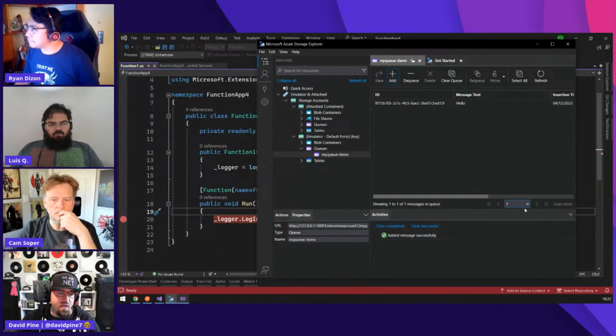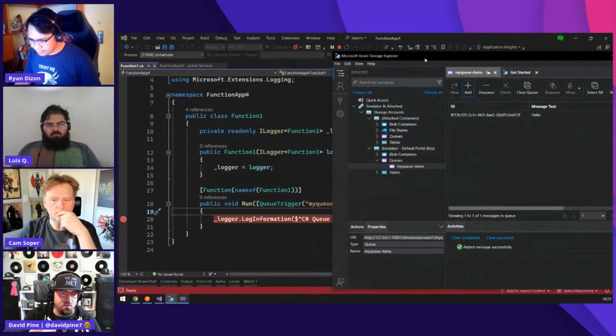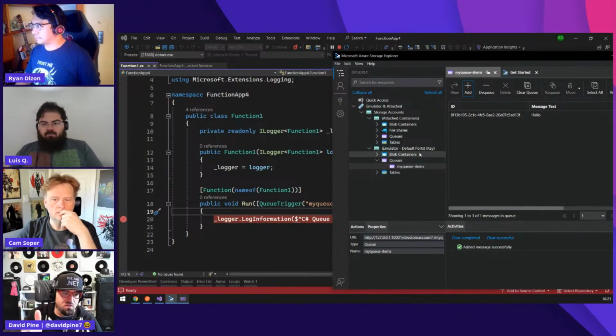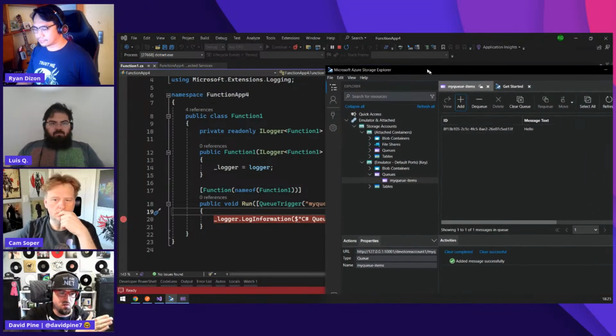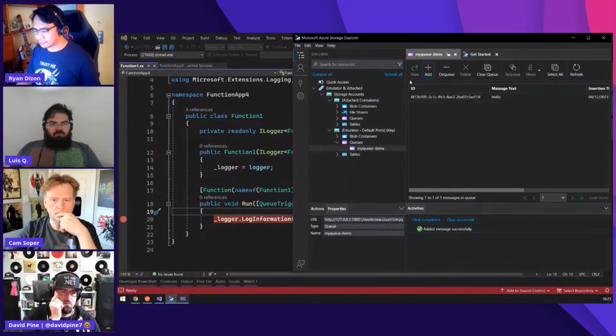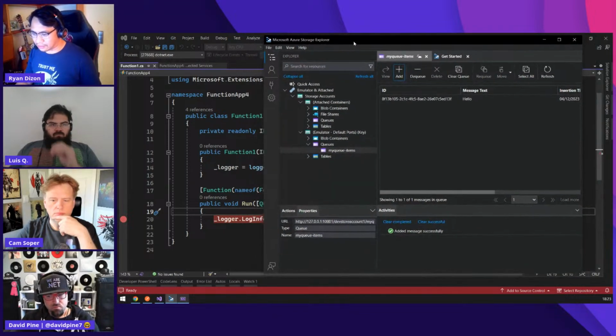So essentially, what happened there, if we take a step back and look at it holistically, you have an emulator that's running, that's letting you emulate a queue, and you're pushing something into the queue, and your Azure function is being triggered by that event. Yes, correct. And this is working locally, so I'm not yet connected to the Azure portal.